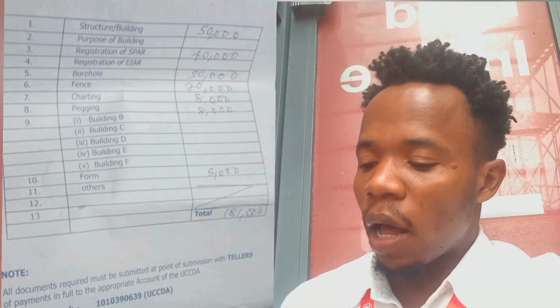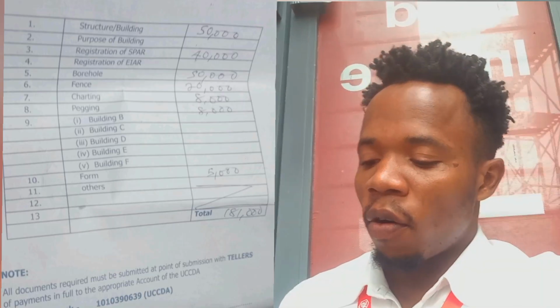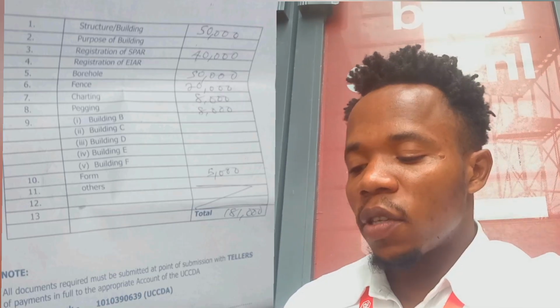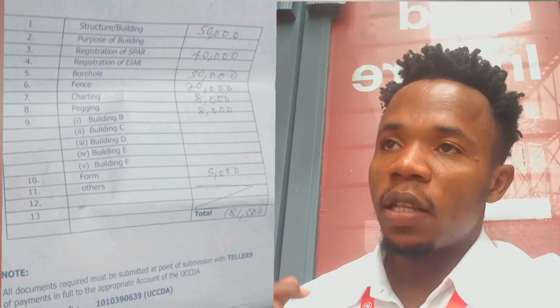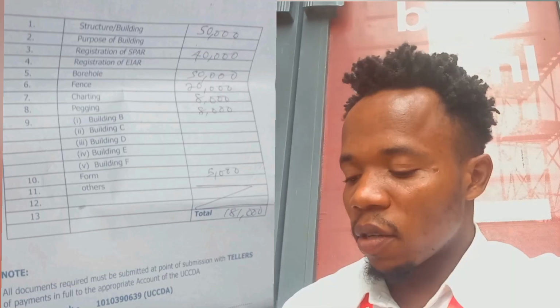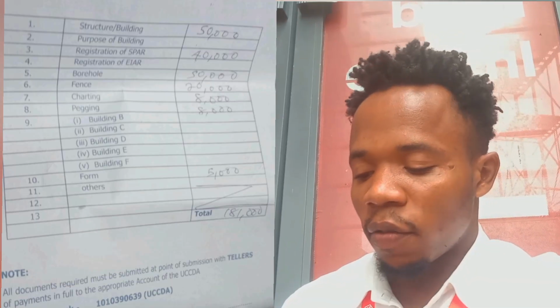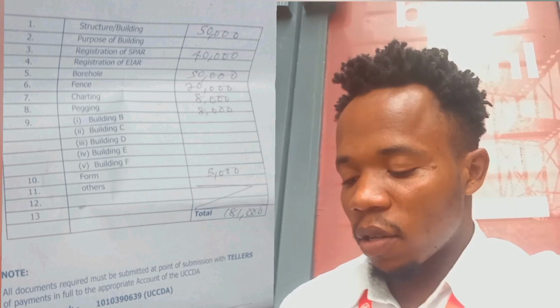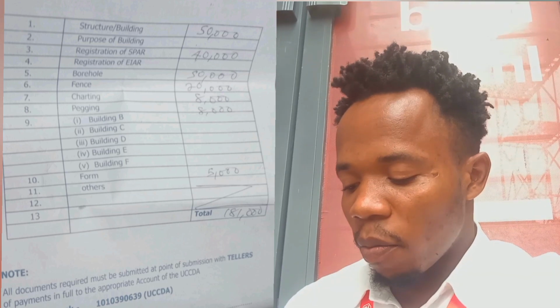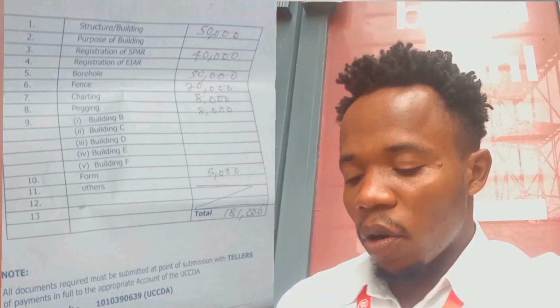If you're building a bungalow, the fee for your building is going to be 50,000 naira. Then you also need to pay for registration of site analysis report, which is 40,000 naira. Then you need to pay for borehole, which is 50,000 naira, fence 20,000 naira, charting 8,000 naira, parking 8,000 naira. Then you also need to pay for the form, which is 5,000. So a total of 181,000 naira. It simply means if you have a complete set of your documents and you also have 181,000 naira,